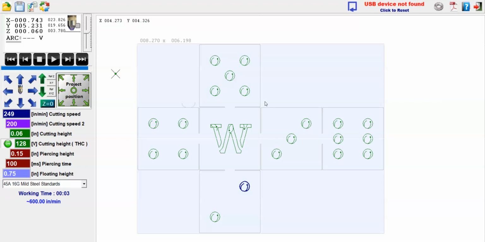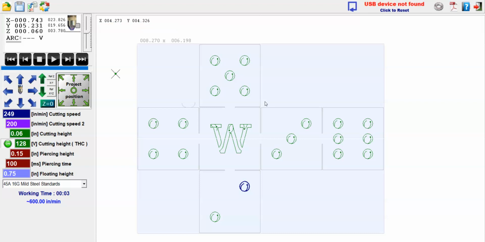So let's go ahead and move off into actually bringing a part into our MyPlasm system and turning it into a cut file. Now there's two different ways to do this. There's multiple file types that you can bring into MyPlasm. Today we're going to be talking about two different file types. One of them is going to be DXF, that's your traditional CAD file, and the other one is going to be the .tap file, which is exported from MyMini-CAM because up until recently, the MyPlasm system didn't offer a nesting